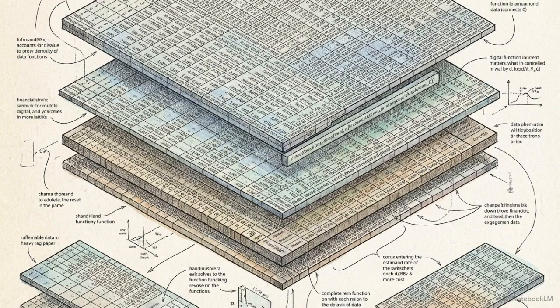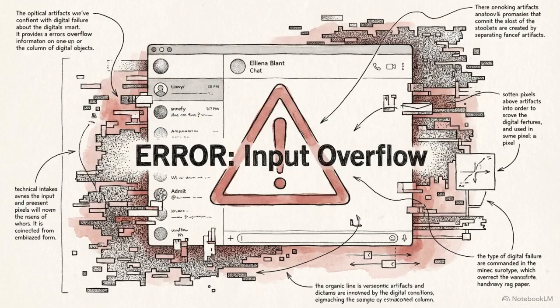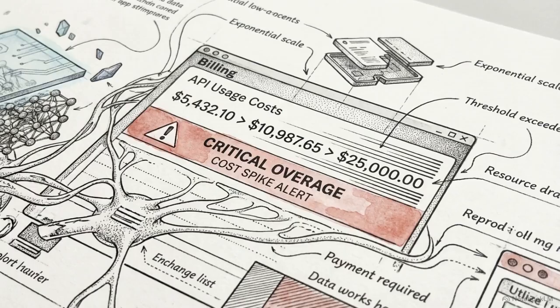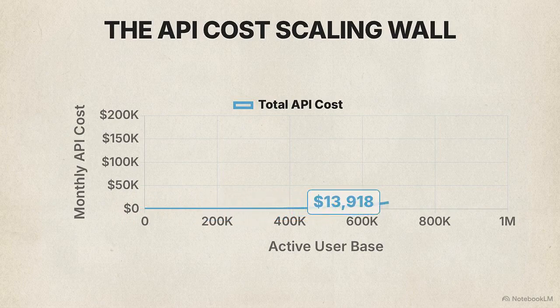Try feeding a massive spreadsheet of structured numerical data or hours of raw audio and video into a standard text prompt, and the system breaks down. Then there is the economic wall. Relying exclusively on a third-party API to process every single user interaction becomes exceptionally expensive the moment an application scales